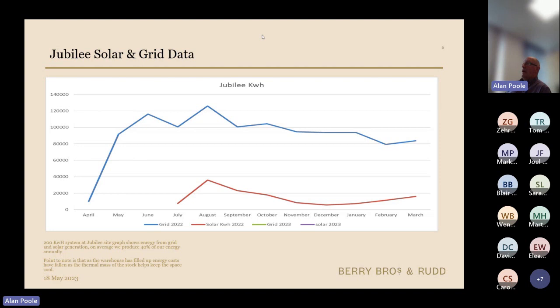If we go down to look at the site in Andover, the upper line is what we use from the grid, and the lower line, the solar energy that we generate. It's been very, very interesting, the fact that as we've started filling the site up, it will hold approximately 12 million bottles of wine, and we're about half full now. And as we've been filling it up, we've noticed that we're using less energy because of that thermal mass of all the bottles in the cases,